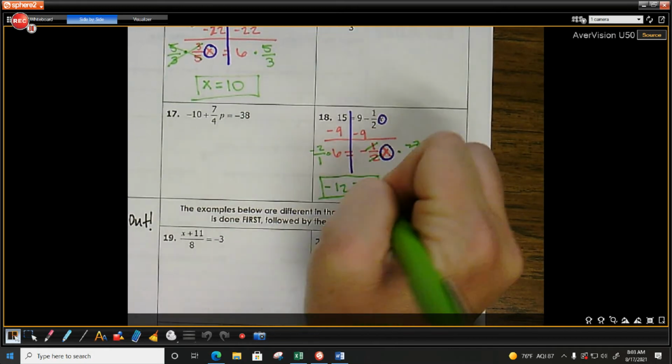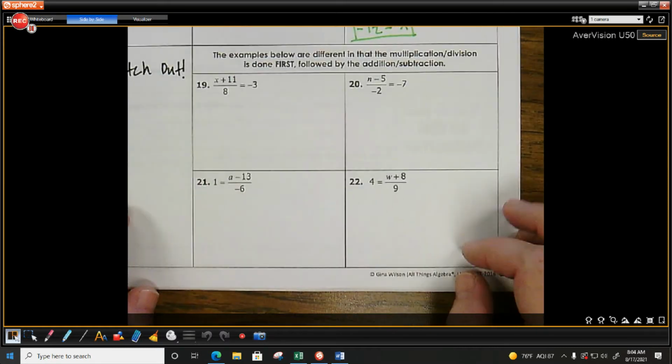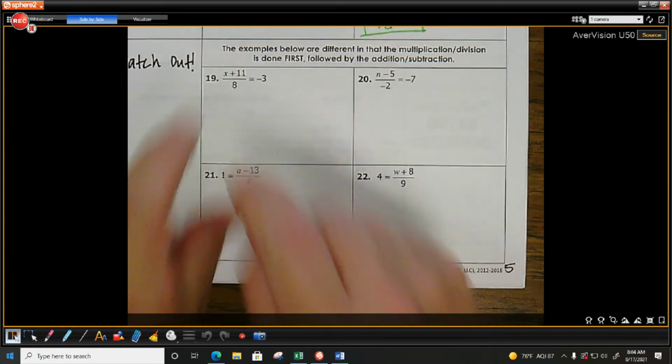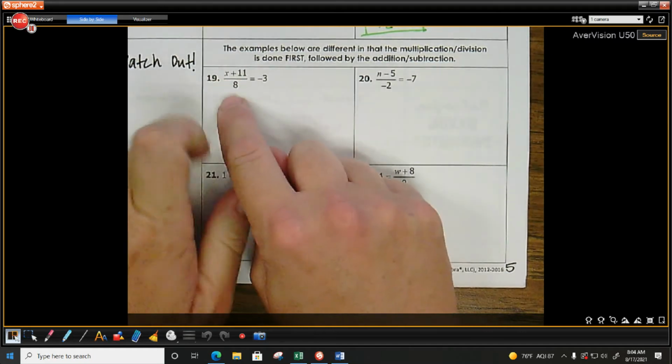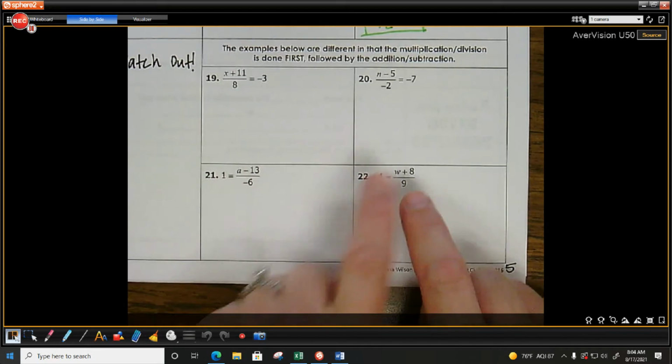How do we feel about these? Okay. What makes these look different? It's not just a variable on top of the fraction. There's now a big fraction. There's 2 terms over the denominator. Anytime you have a big fraction like this, you have to get rid of the denominator